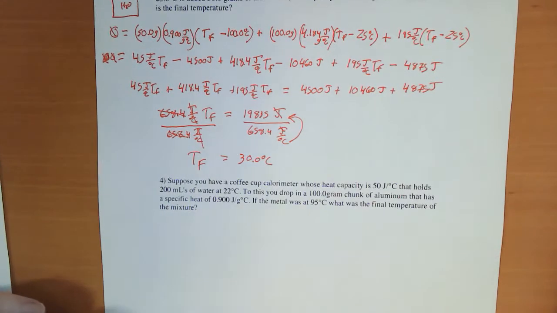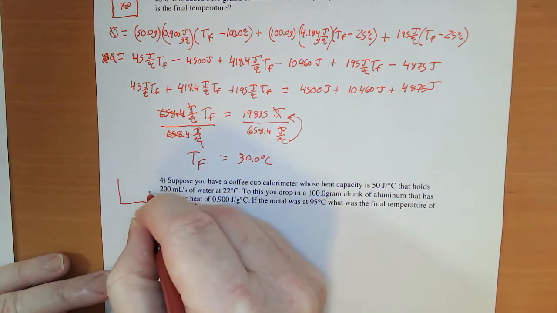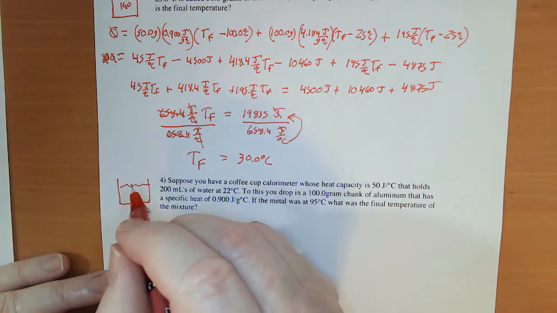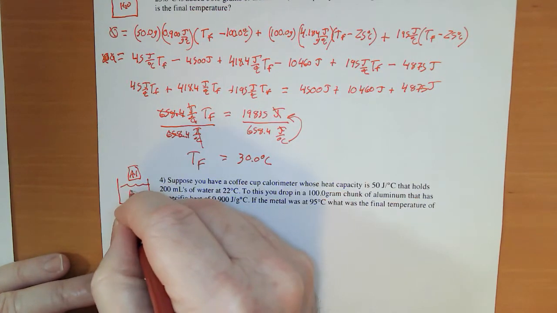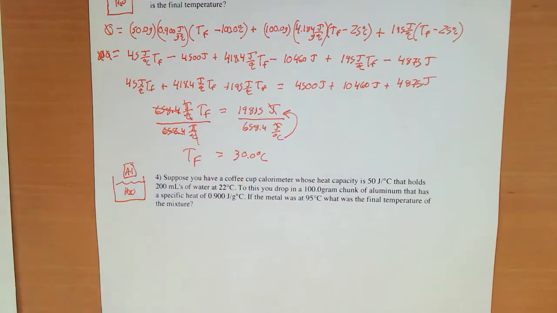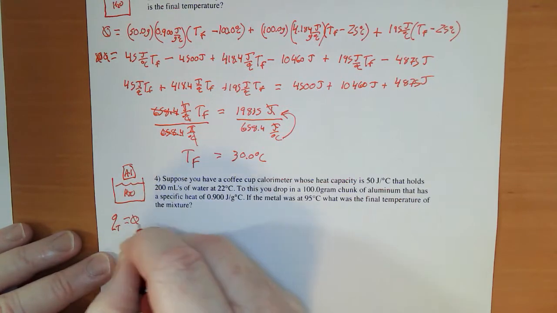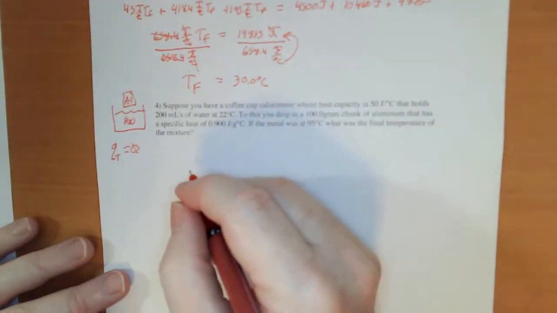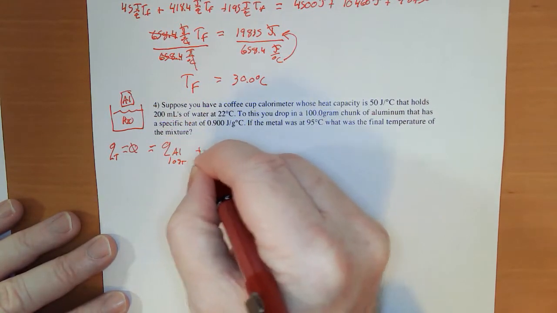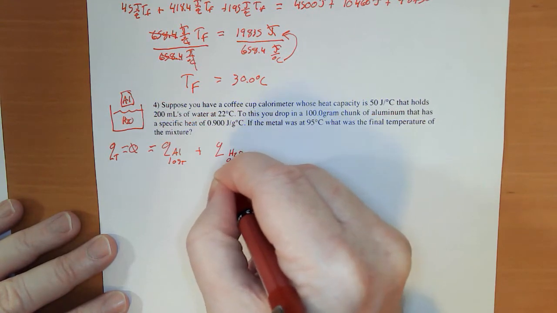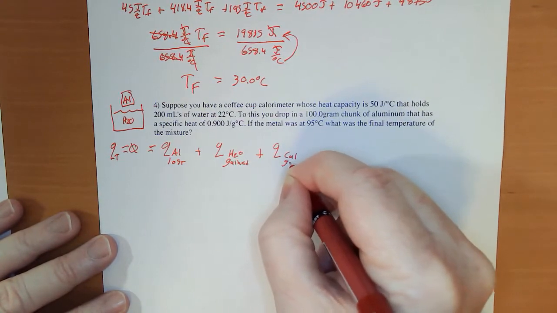Okay, I assume you are tuning back in because you finished the problem. So I've got my calorimeter with water. I'm dropping in a chunk of aluminum. I've got all my relevant numbers that are given here. Okay? Q total equals 0. I love the first law of thermodynamics. It's wonderful. Which equals Q that the aluminum lost plus Q that the water gained plus Q for the calorimeter, which also gained,